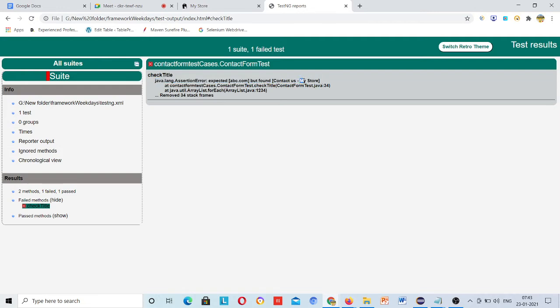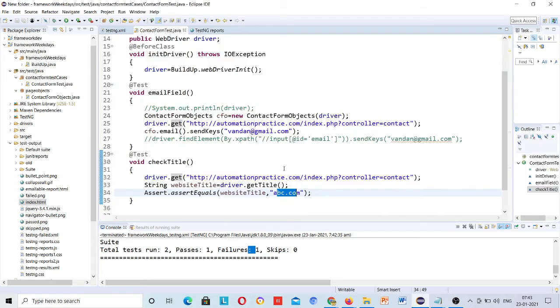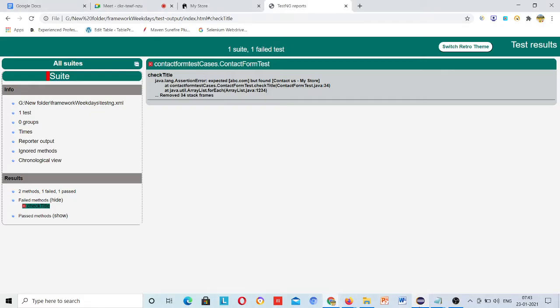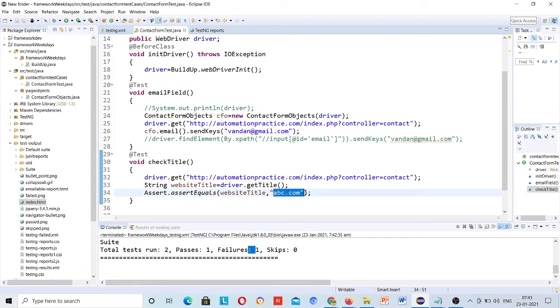So the site title was My Store there, because I was on the contact us page and somehow pasted the link of the contact us page. The title for the contact page was My Store, and I was expecting abc.com, so it did not match and the test case failed.